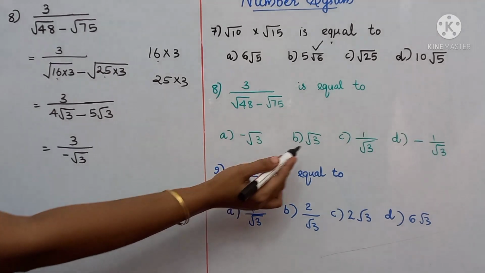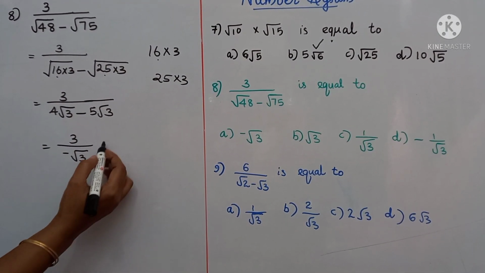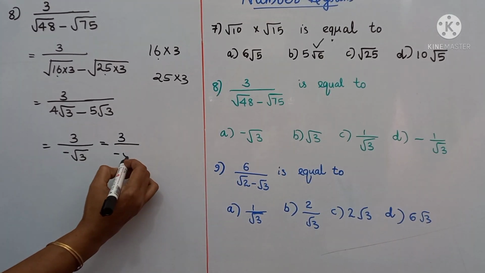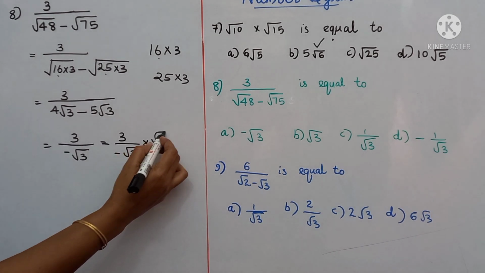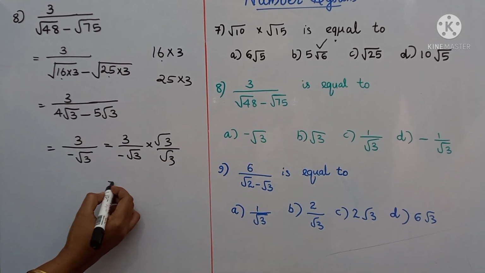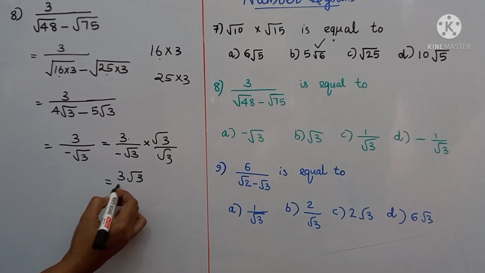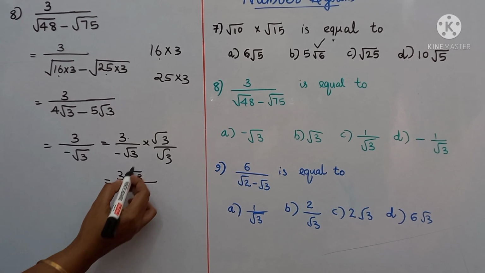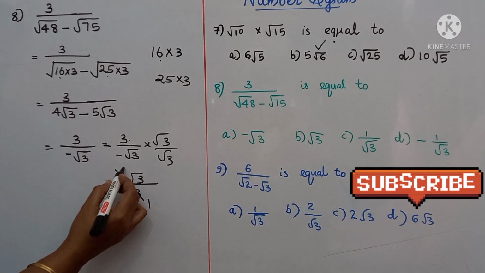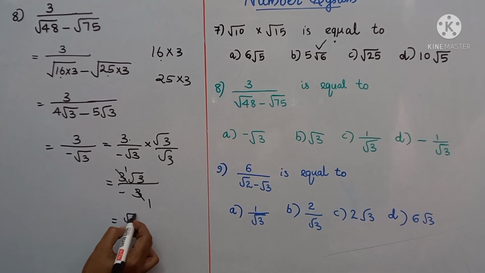And here that option is not given that way. 3 divided by root 3 minus root 3, so we have to rationalize this denominator. For that we have to multiply the numerator and denominator by root 3, because the denominator here is root 3. That is equal to 3 into root 3 is 3 root 3, divided by this minus there, root 3 into root 3 is 3. And now we can cancel that 3, and here it is minus 1, that is equal to root 3 divided